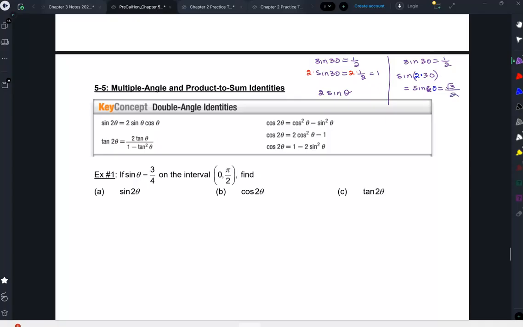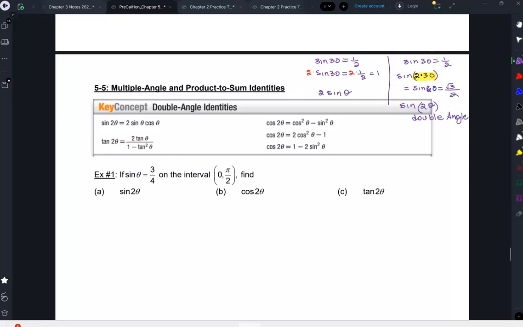So it's a completely different angle altogether. The second one here is sine of 2 theta, and we call this a double angle,